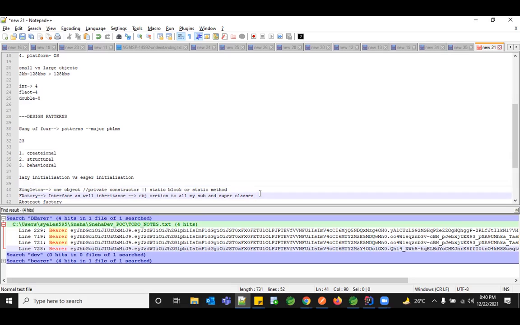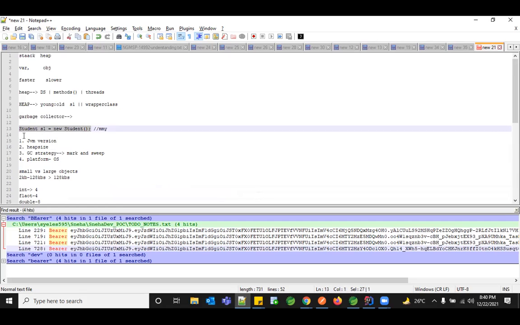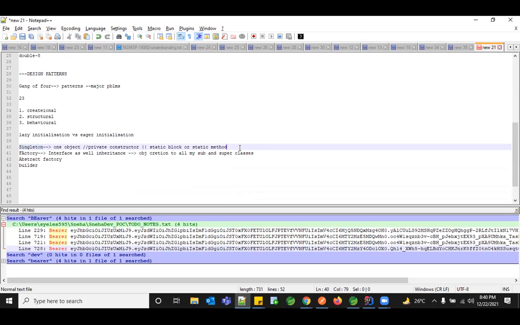Any questions so far? Like how your object gets created, why are we going with the singleton instead of making public access to all your objects every time? Why are we going with the singleton pattern? There are multiple ways to create it. Right now, with the concepts you have learned, I'm just giving you the basic criteria we need to create a singleton object. If you learn threads, multi-threading concepts, and more about that, you can also create your singleton object using those concepts. But right now the concepts you have learned are static block, static instance method, and the private constructor, which we never tried so far. So these things we can experiment with now.